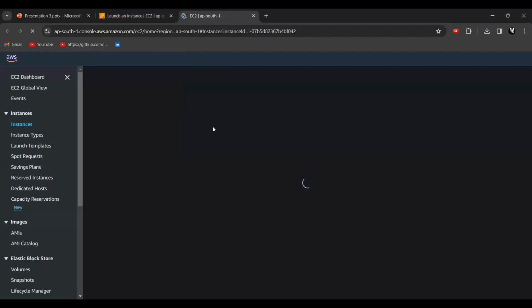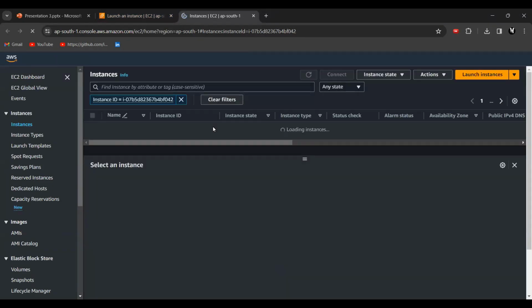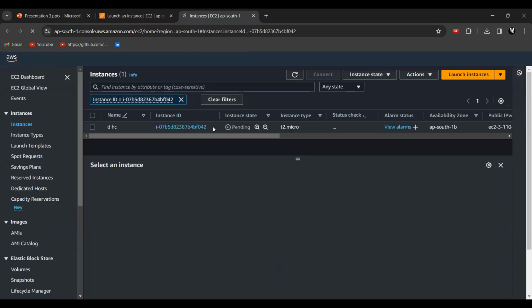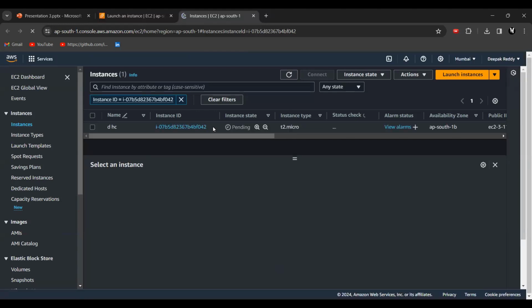You can understand that in these 2 minutes, the OS is being installed on the instance and the process is happening. This is all because of AMI. That is why these are being used.